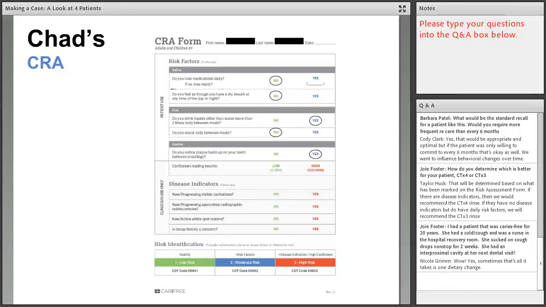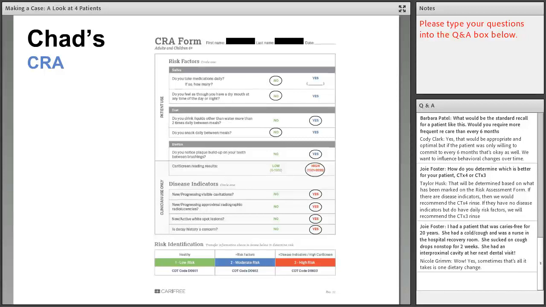Are you taking any medications? No. Do you feel like you have a dry mouth at any time of the day or night? No. Do you drink liquids other than water more than 2 times a day between meals? Yes. Do you notice plaque buildup on your teeth between brushing? Yes. Okay, so out of the gate here, I know that you guys are identifying the risk factors, the usual suspects. When we look at it, he's got it all there. He's got the high Caries screen score. He has